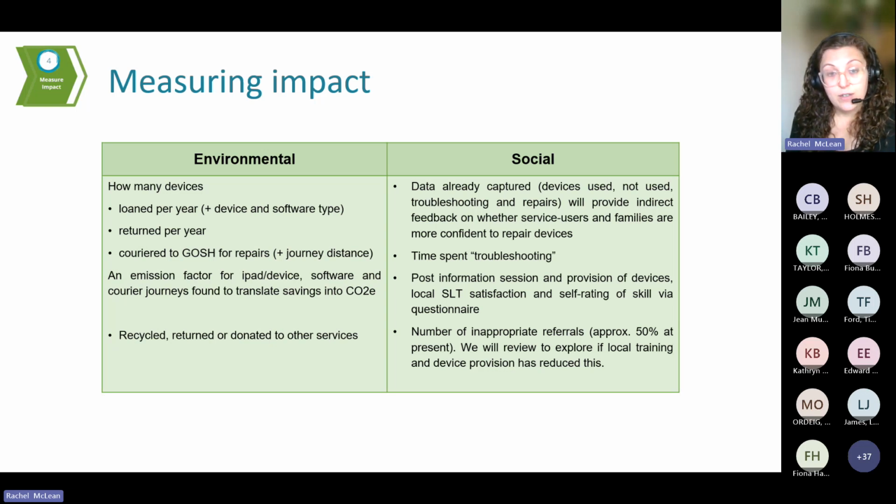After the information session and provision of devices to the local SLT services, the team want to review the local SLT satisfaction and self-rating of skills and confidence via a questionnaire. And they also want to look at whether their number of inappropriate referrals changes. So they did recognise also through that study, the system process map, that they actually have quite a high rate, about 50% of the referrals that come through are inappropriate. And so they wondered if support to local speech therapy services could reduce that, and I'll go through why in